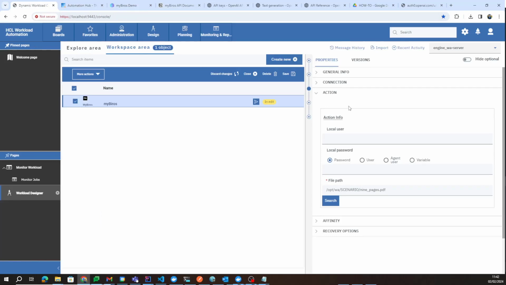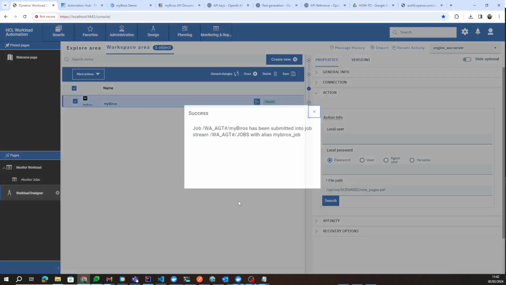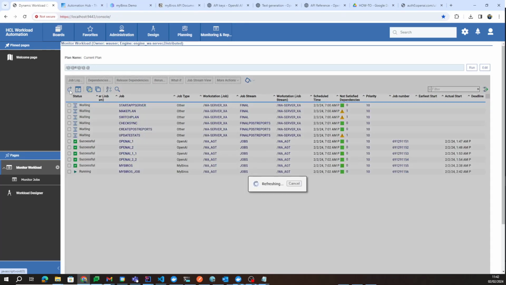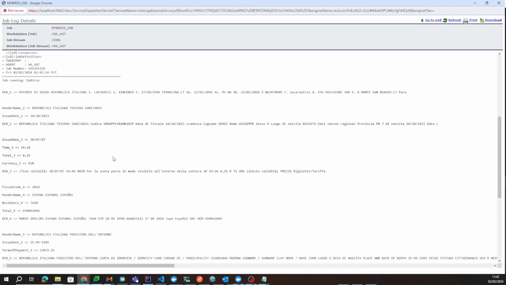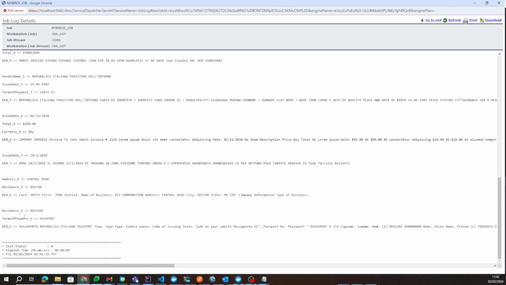Then what we could do now is to save the job and see what happens when I submit it into the plan. Let's see basically how the plugin works. Okay, it is successful. Let's see what we got on the job log. In this case, the PDF was composed of 9 pages, as you can see, because from all the extracted properties,